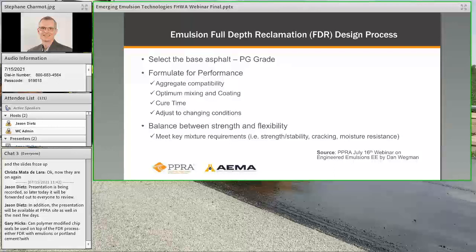So from a design process, selecting the asphalt, especially looking at the PG grading, is a good start, a good step there, and then formulating for performance. So making sure it's compatible with the aggregate or the material being recycled. That is usually a combination of RAP and aggregate base, and then finding out how to formulate it so that we get very good coating, good dispersion of the emulsion that will give good durability,